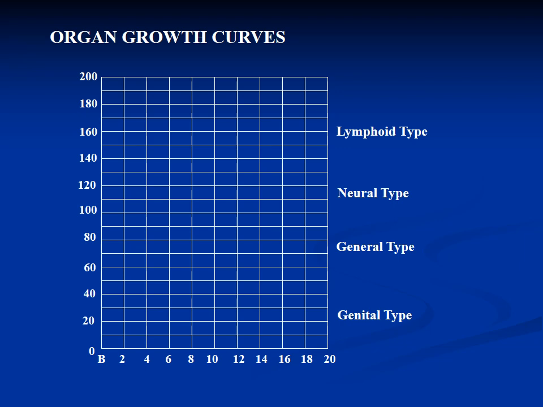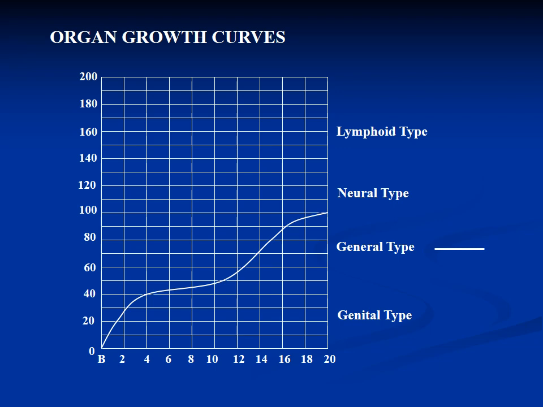Another important thing to remember in growth and development is the organ growth curve. This slide shows the development of the different organ systems. As you can see, there are two periods of rapid growth of the majority of systems such as the muscular and gastrointestinal, and that is during infancy and adolescent period.